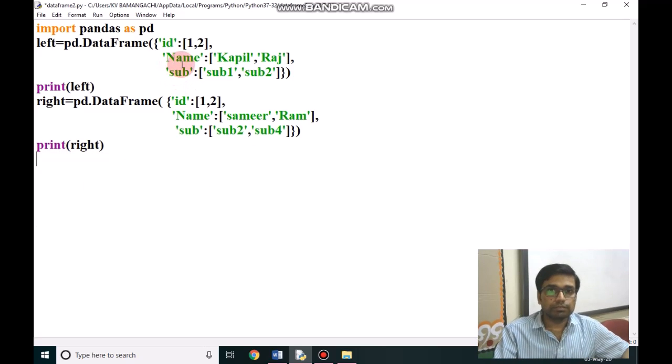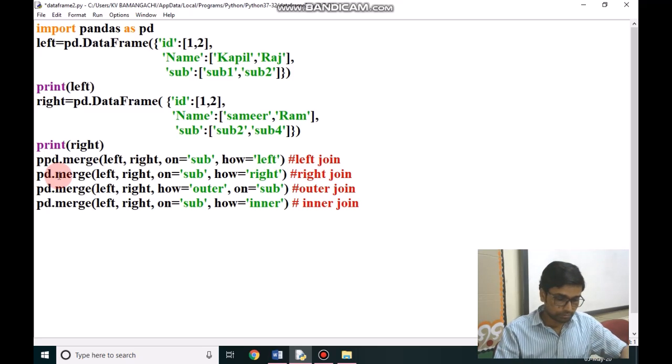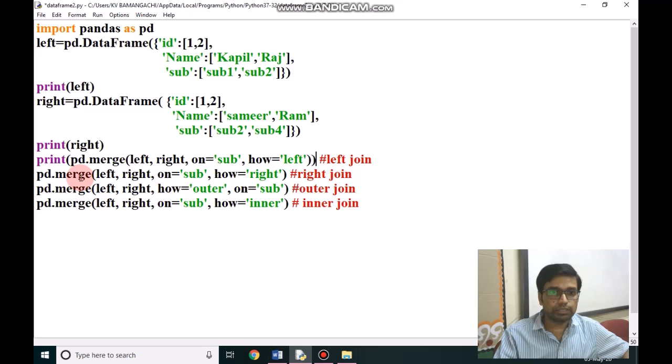We have already given two data frames and we have printed them. Now we will apply this code in print function. There are some attributes: left, right, on sub, how left. You can do it easily.